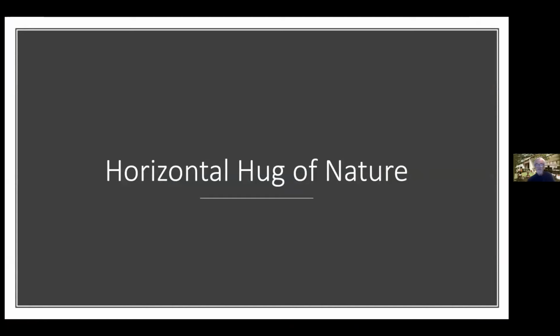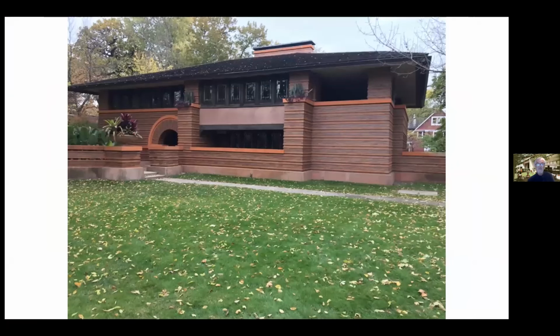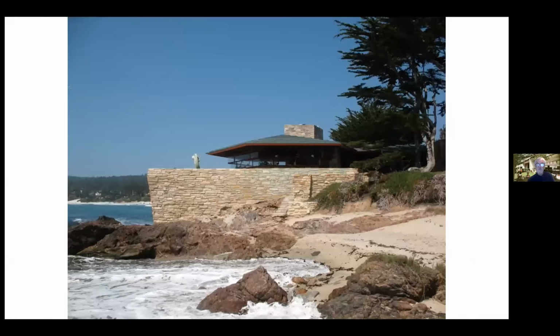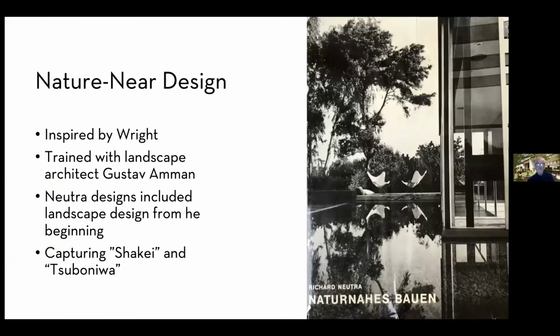Then the horizontal hug of nature, so characteristic of Wright's work, converted into a full nature-near design on the part of my father, inspired by Wright, inspired by his training with landscape architect Gustav Amann in Zurich, and that his architectural designs included landscape design from the beginning, capturing the Japanese shake and tsuboniwa, the near and distant